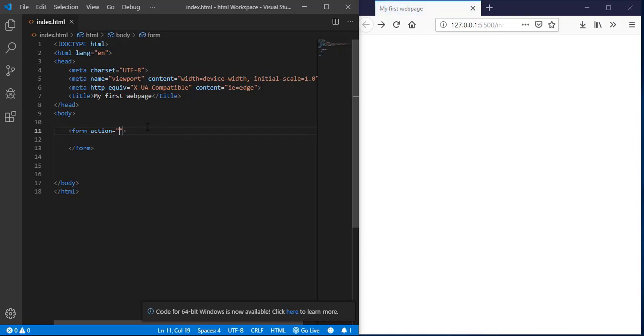And next are the method and the name attributes. So first I'm going to tell you about the method attribute. The method attribute specifies the HTTP, which is Hypertext Transfer Protocol. So I say the method attribute specifies the HTTP method, which is get or post, to be used when forms are submitted. So for example, let's say we want to create a method attribute, and the first one is the